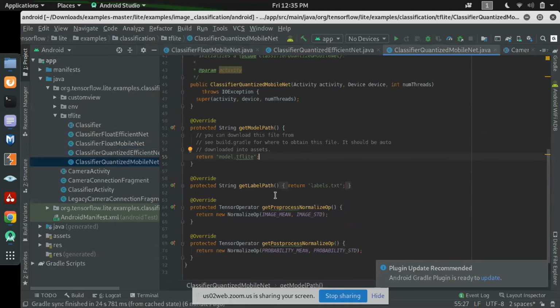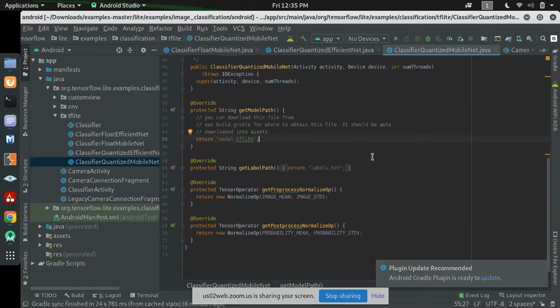This is the process of giving a model to the Android app, and after that we can simply run our model on our mobile phone. It's actually a very simple process. You have to connect our mobile phone with a data cable and connect the data cable to the computer. And now I am connecting it to my computer. Okay, I have connected.